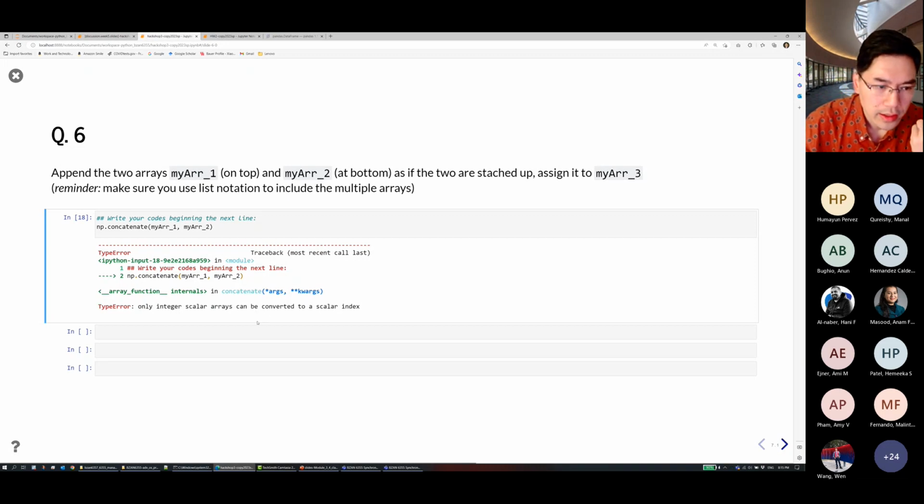This is when the error message doesn't help too much. But not always. Sometimes the error message is very helpful, but sometimes it doesn't help because